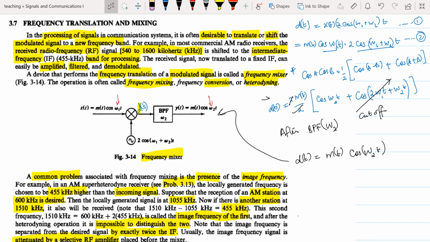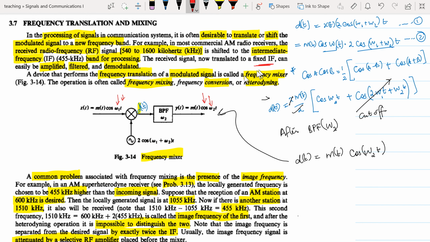Frequency translation and mixing. In the processing of signals in communication systems, it is often desirable to translate or shift the modulated signal to a new frequency band. So we have the carrier frequency as this, and the intermediate frequency as omega 2. There is normally that requirement, and we see that the received signal has been translated